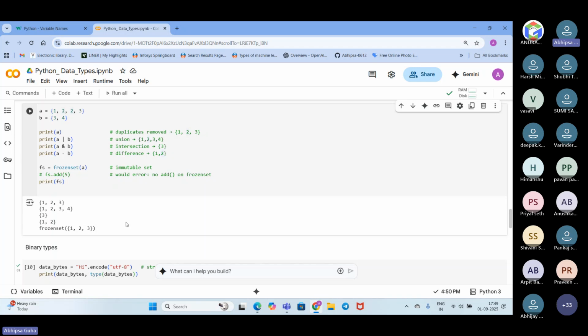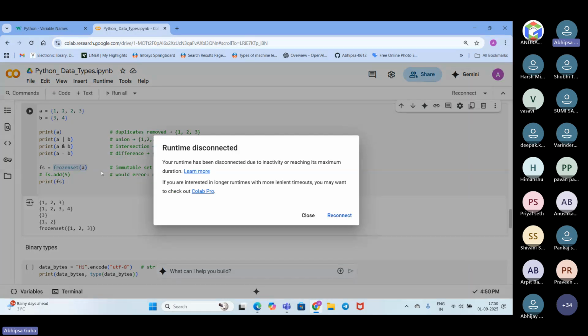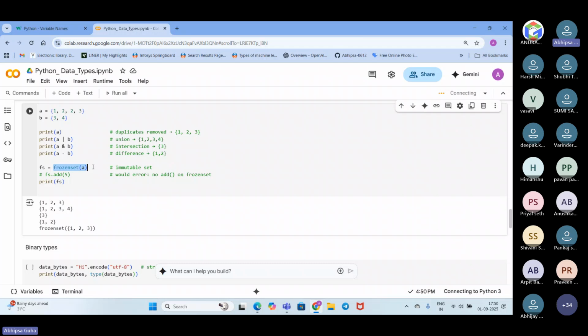And what is a frozen set? A frozen set is an immutable set. We have created a frozen set A, so that no further changes can be made in it. Frozen sets are immutable sets. Anything that has already been done in the initialization process, we cannot add to or update in that set. As the name suggests, nothing can be updated or added in it after it has been created.